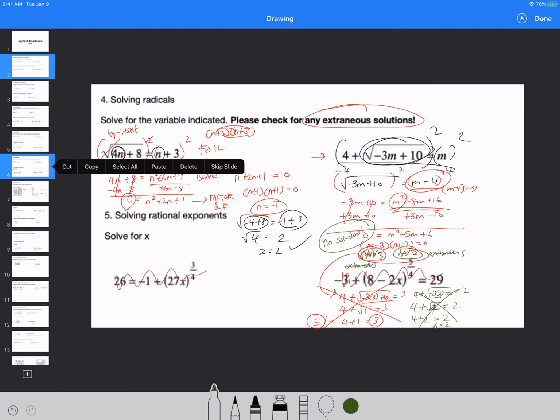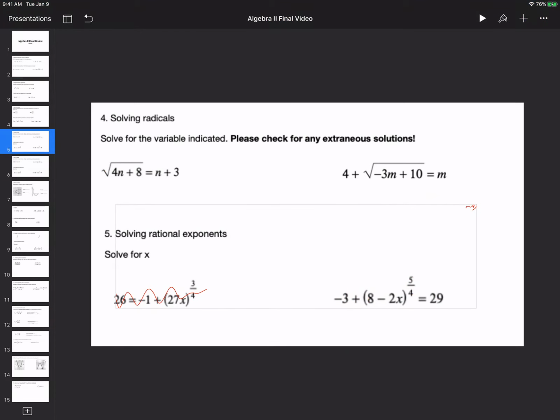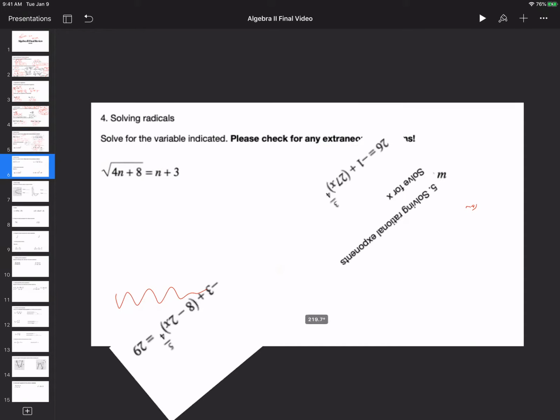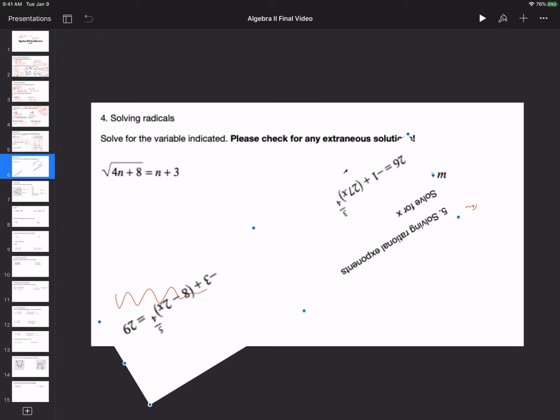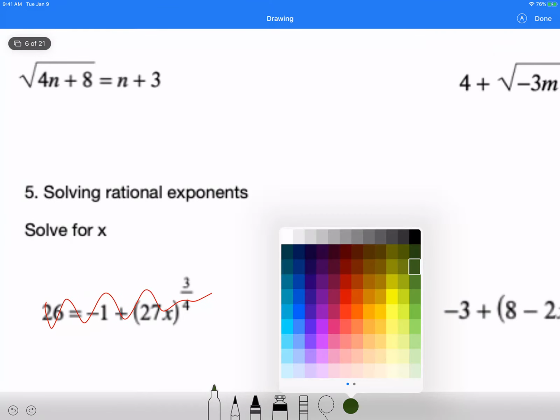All right, so here I duplicated the slide so I can go over the other two questions. So we have the answers for number 4. We're going to go over number 5 for this one. All right, so for number 5,